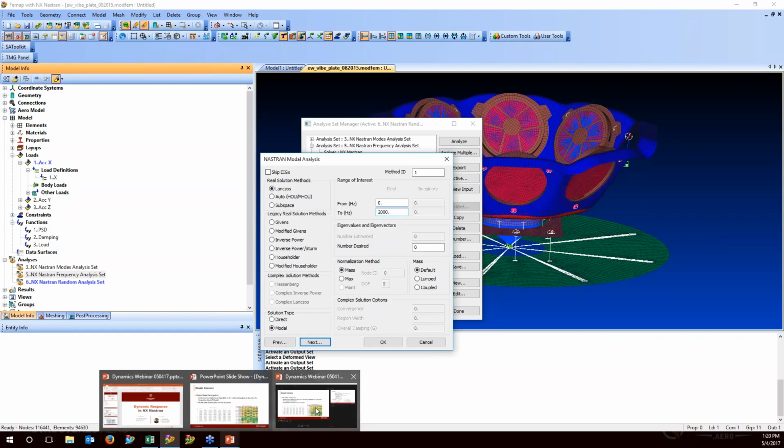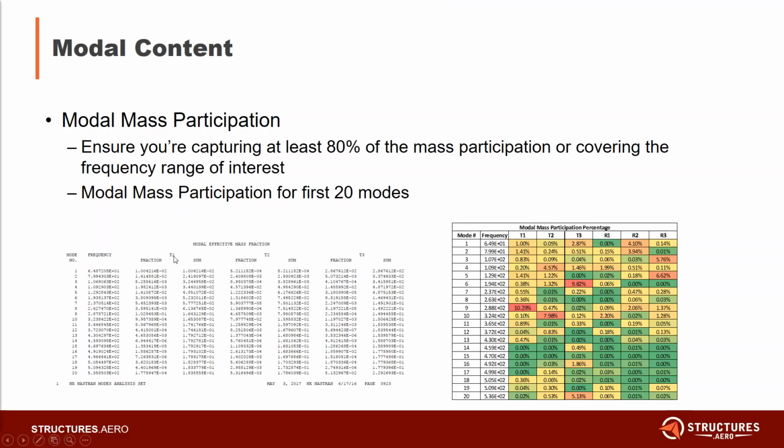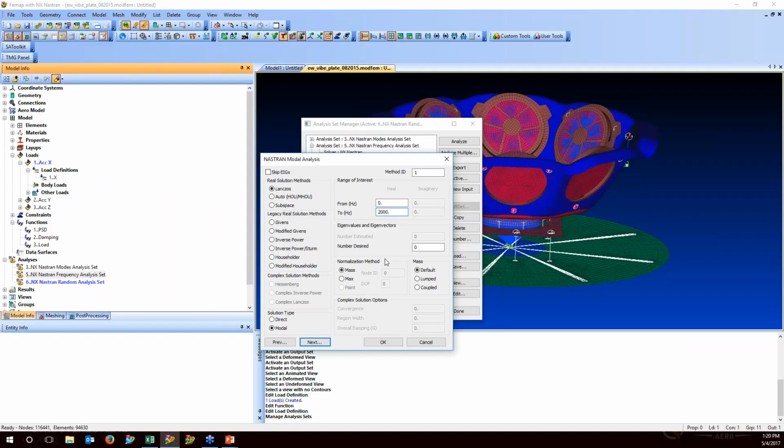To answer a question that did come up, if you've captured all the modes and ran your full range, you can verify that by checking the summations across this one for T1, T2, T3, and you'll see similar responses for R1, R2, and R3. And so you want to make sure that you're capturing at least 80% and that you're capturing the modes across your entire range of the